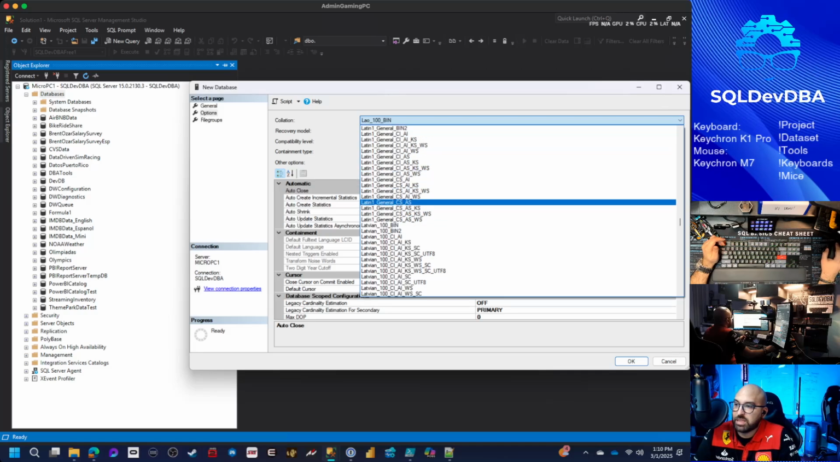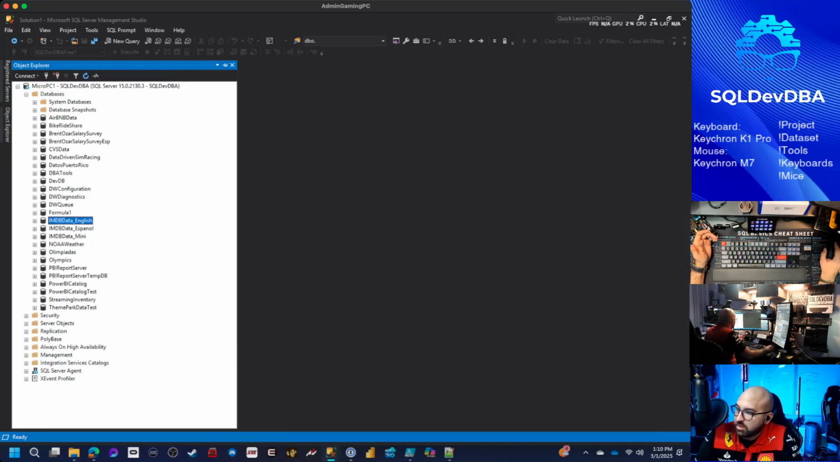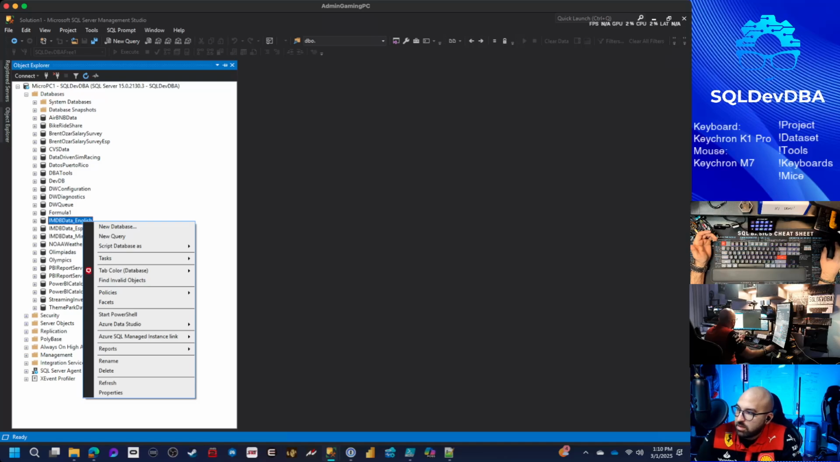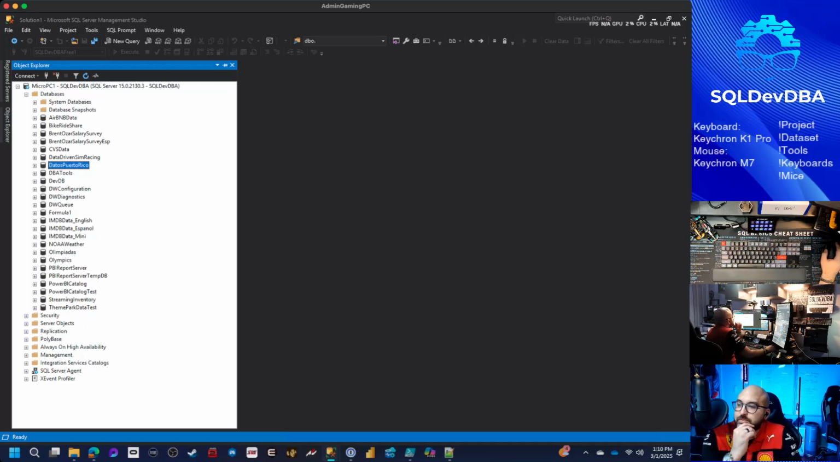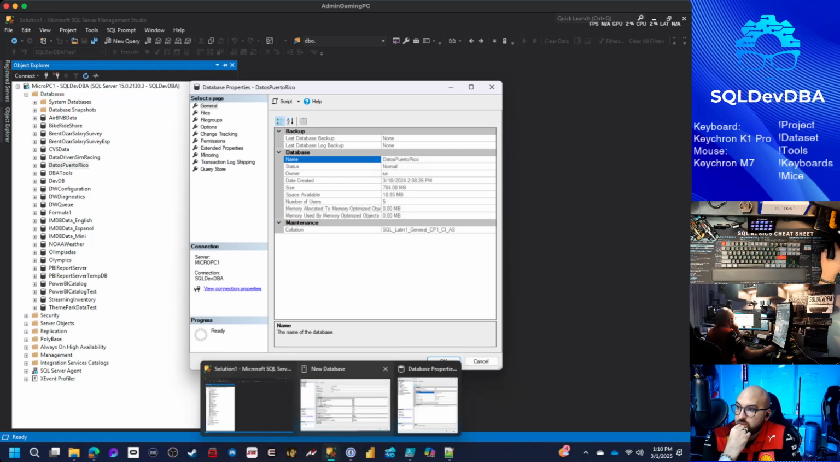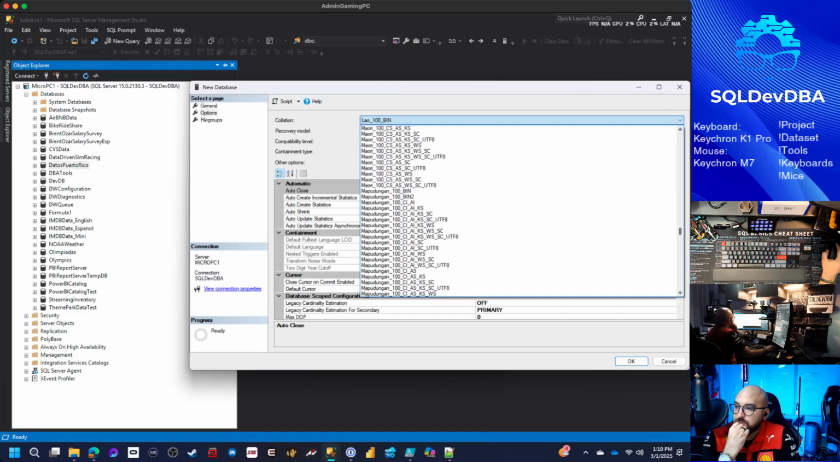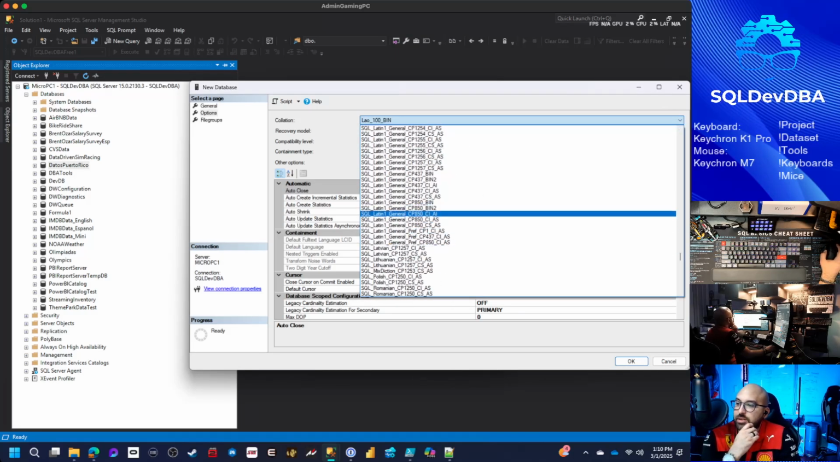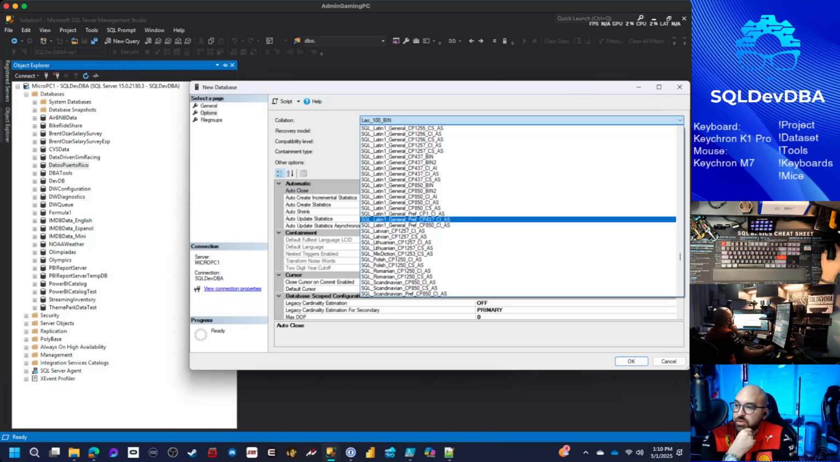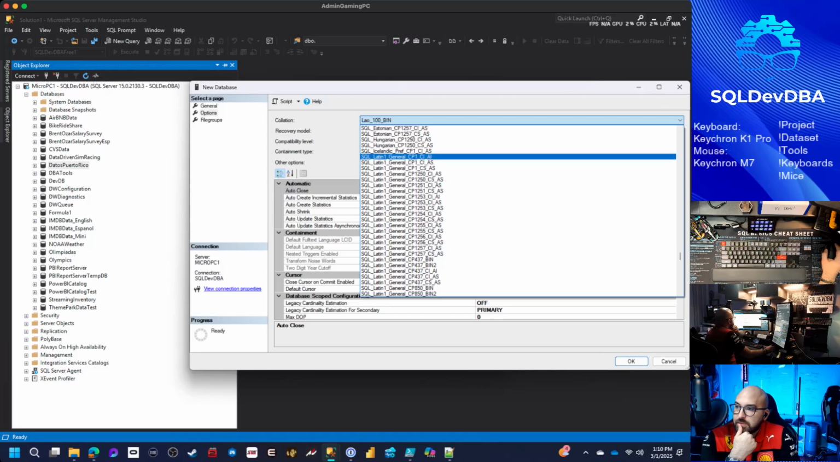case sensitive would be CS, but I want CI, AI. I thought there was a different one than this. Let me double check these, like what they are. Okay, SQL Latin. Yeah, I could have sworn it started with SQL. Maybe I'm just impatient and was scrolling too fast. There it is. SQL Latin 1 general. And then I want CP1